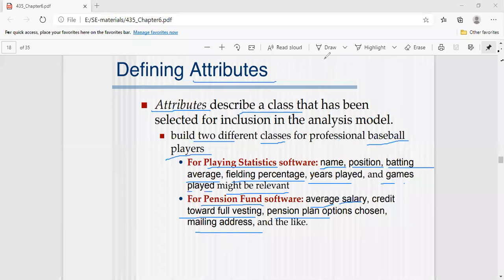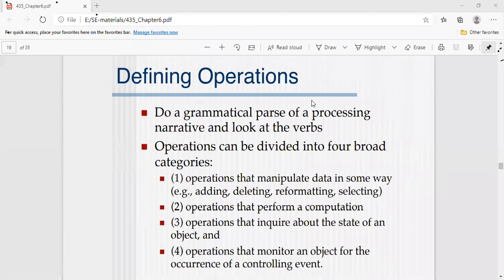Okay. Next, if we are going to see the operations, defining the operations. While defining operations in a class, what are we going to do? First of all, do a grammatical parse of the processing narrative and look at the verbs.